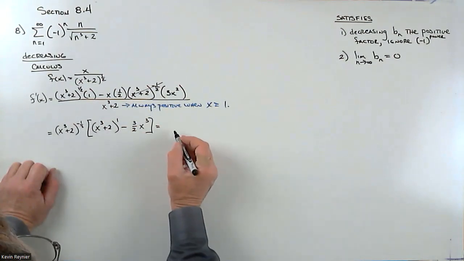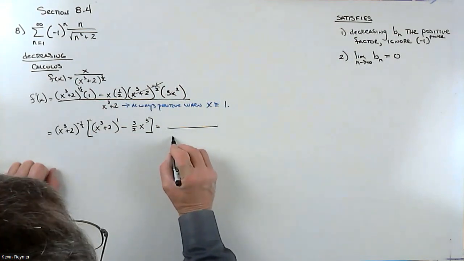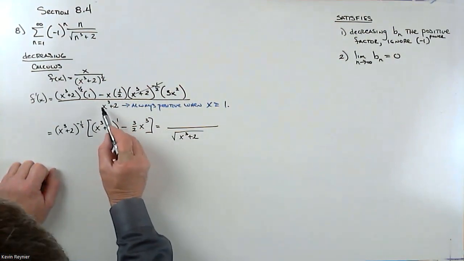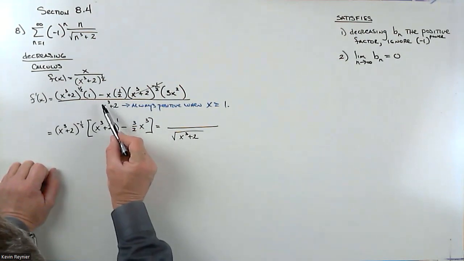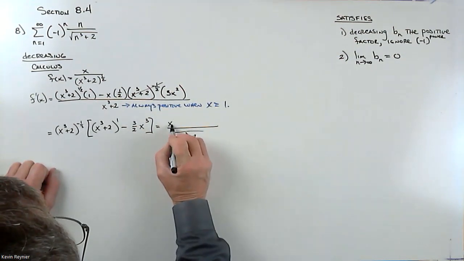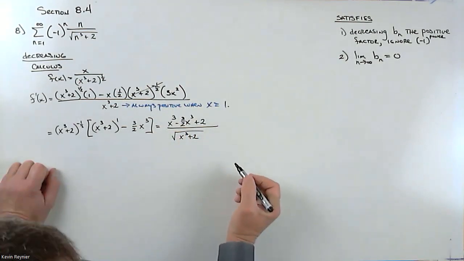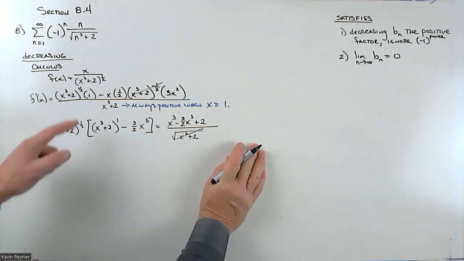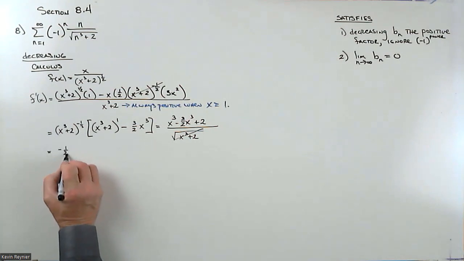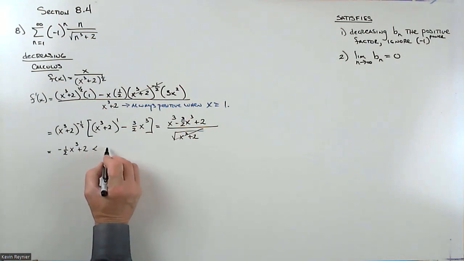This part now becomes part of the denominator, and we're ignoring that. What's left on the top? We have x cubed plus 2 minus 3/2 x cubed. Again, I'm going to ignore the denominator, same reason as above. And what do I have? I have minus 1/2 x cubed plus 2, which is going to be less than 0